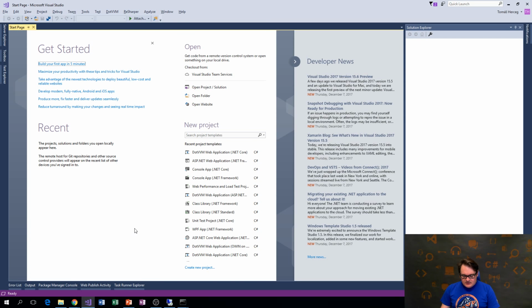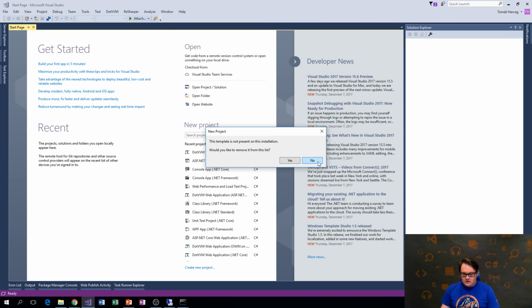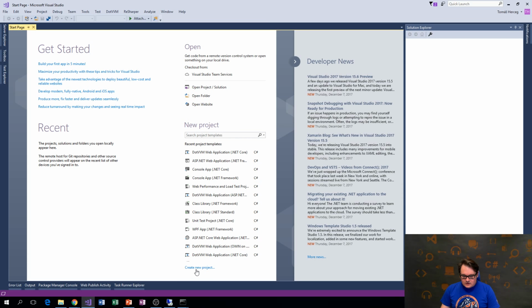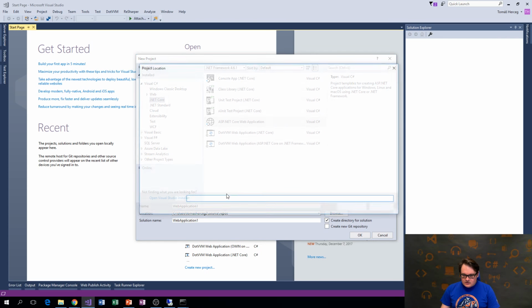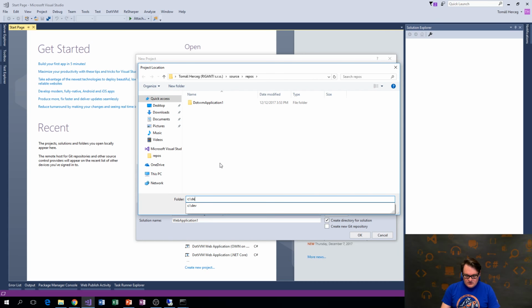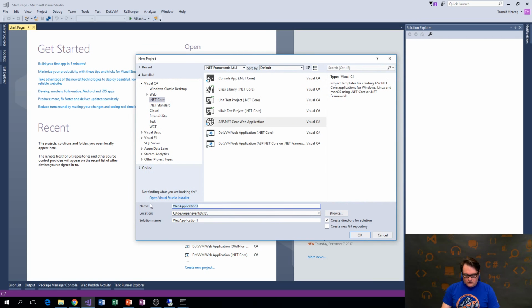So my backend application will be just an ASP.NET Core web app. So I will start a new ASP.NET Core web application. Oh, sorry, I have to pick this template from here. So .NET Core, ASP.NET Core web application, and I have to choose the correct path. Let's create, for example, a src folder here, and we can create open events, and the name of the project can be open events backend,